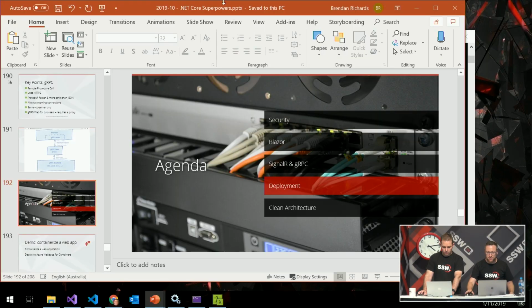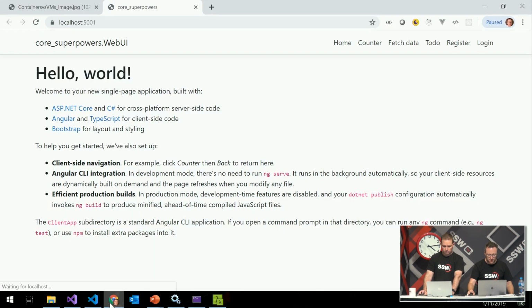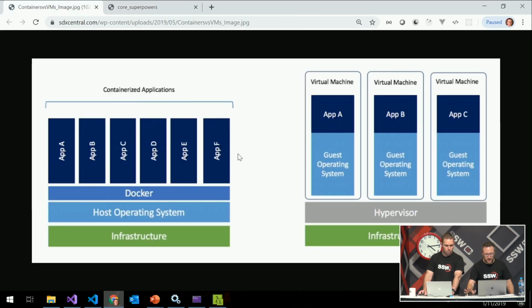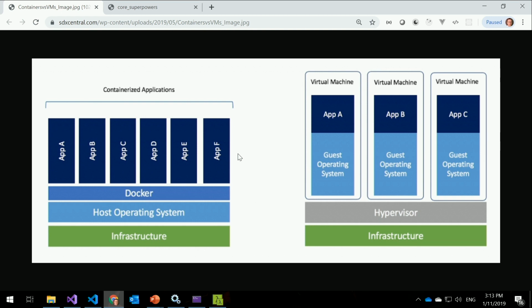I'm going to start by talking a little bit about containers. The first thing I'm going to talk about is the difference between a container and a virtual machine. On the right there, you've got a bunch of virtual machines running. The virtual machine kind of pretends to be a unique system, and so it runs a full copy of each guest operating system on each virtual machine, and then puts your dependencies and your app on top of that virtual machine. So you can see there's 3 copies of a very similar guest operating system just running time and again, and